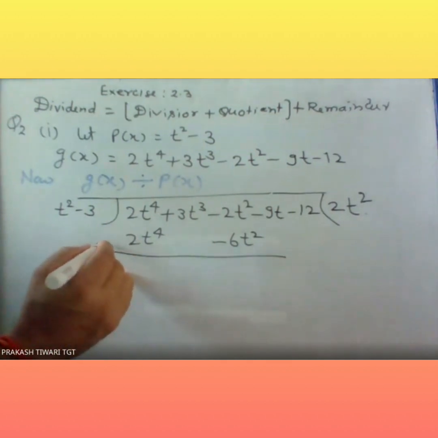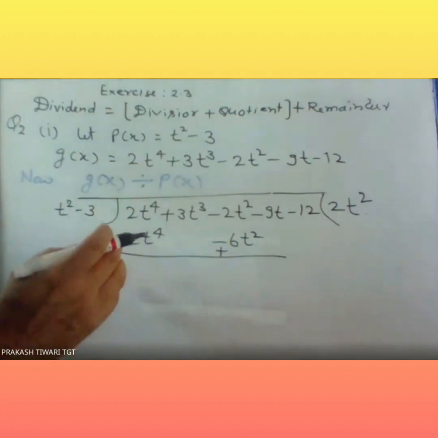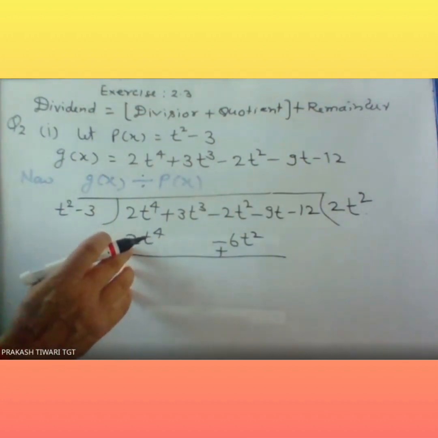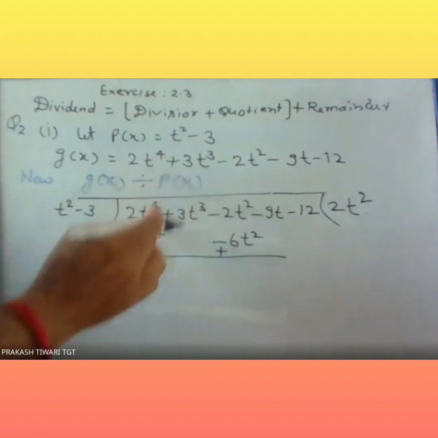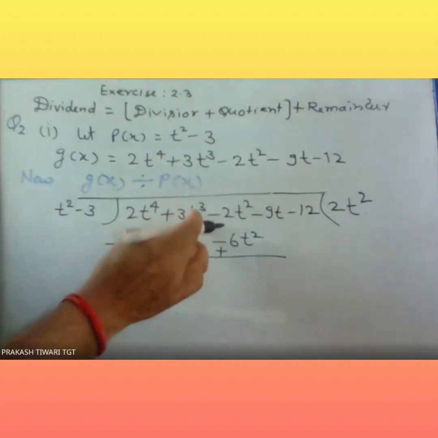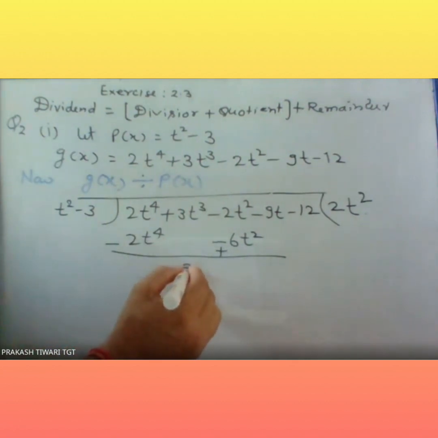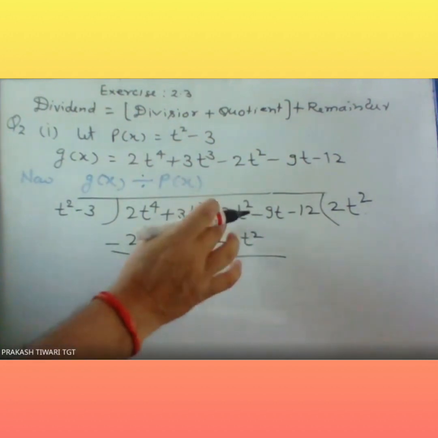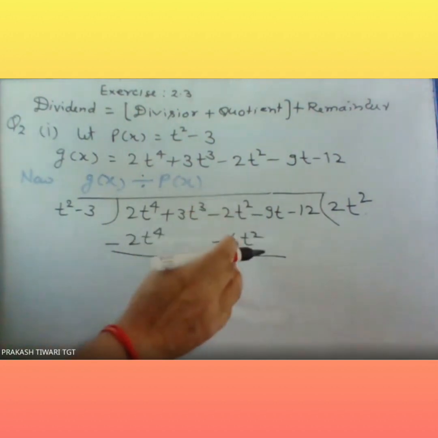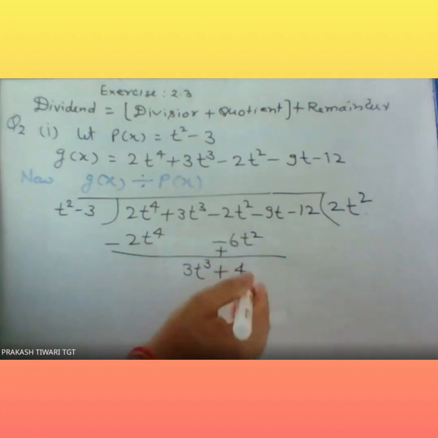So dear, this is minus and this is plus. Now you will consider only this sign. So minus 2t raised to the power 4, and here is 2t raised to the power of 4. Positive sign, this is cancelled out. So first of all, you will write the degree of 3 terms. So this is 3t cube, and this is plus 6t square, and this is minus 2t square. So 6 minus 2, that is 4, and having plus sign because this is plus 6, t raised to the